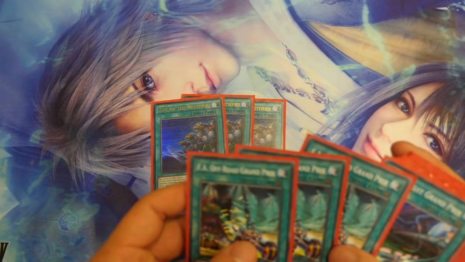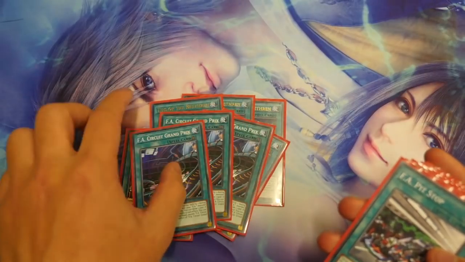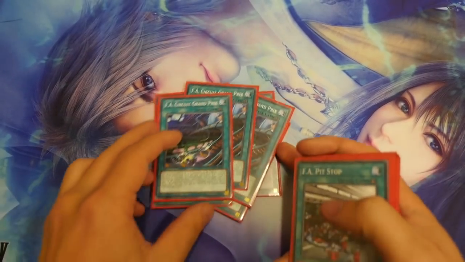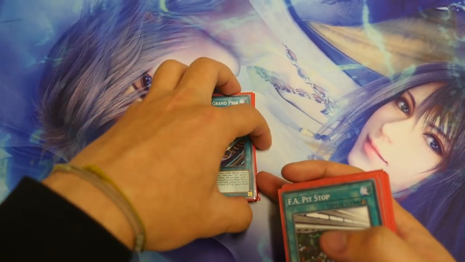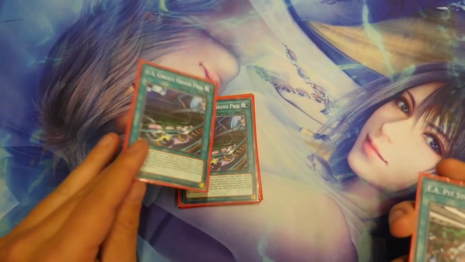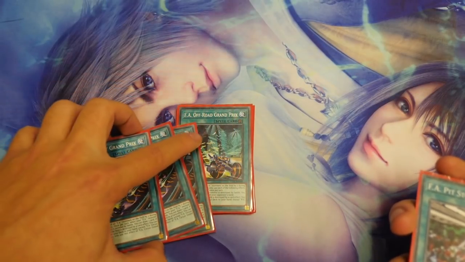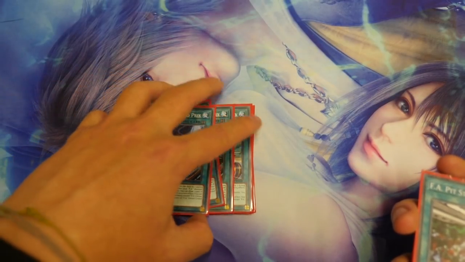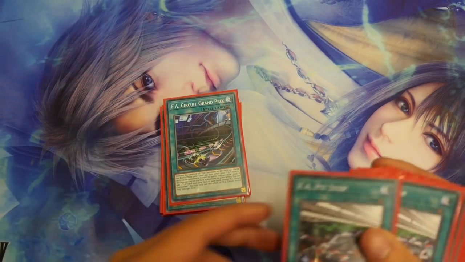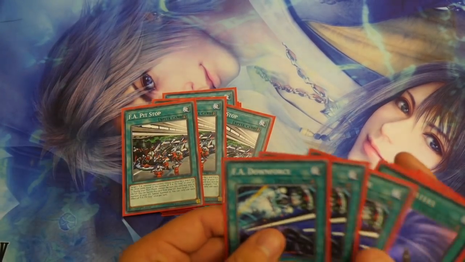Then we've still got 3 Off-Road Grand Prix and Circuit Grand Prix. Still brilliant effects, depending on whether you're going first or second. Of course, going second, you want the circuit on your side of the field, Off-Road Grand Prix if you're going first. 3 Pit Stop, 3 Downforce,